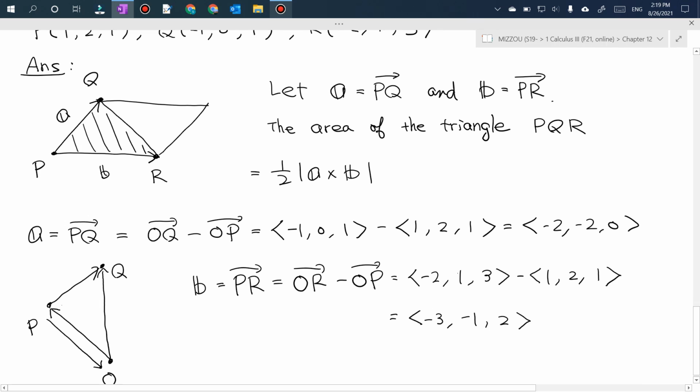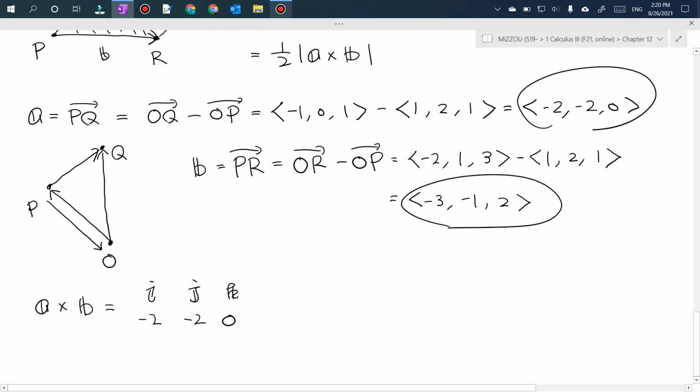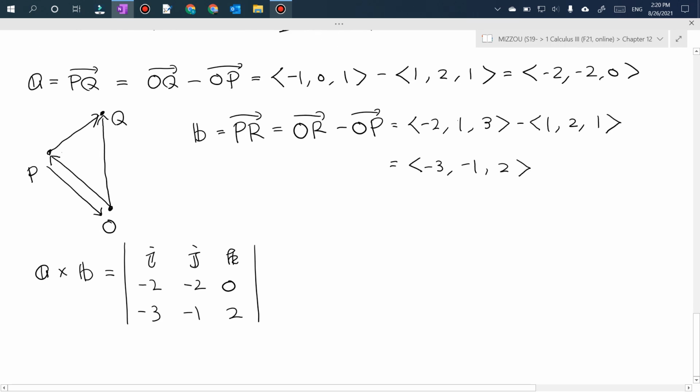Okay, so we got those two vectors, vector A and vector B. Then, like I said, we have to compute the cross product of those two. So A cross B is the determinant of the matrix with rows I, J, K; -2, -2, 0; -3, -1, 2. And this is equal to I times, you just do like this,